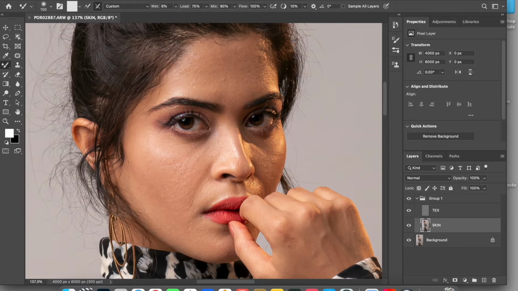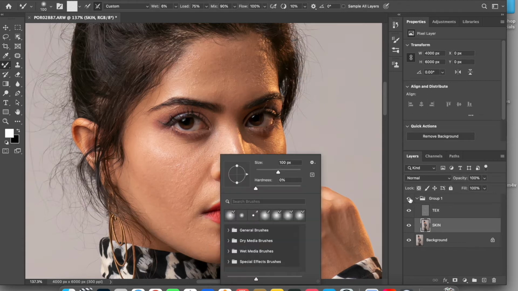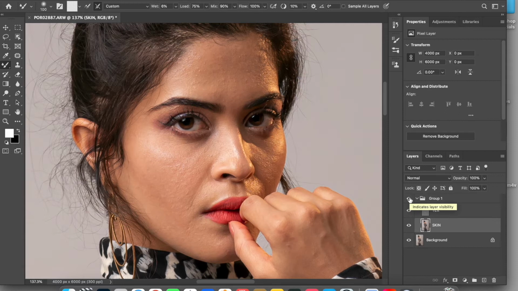Always keep zooming out so that you make sure you can see the complete face while working. If you can see, when I turn off the entire layer, there are shadows everywhere. But once I switch on the layer where I worked with the mixer brush, you're able to see that the shadows have gone. Now it's all equalized properly, right?